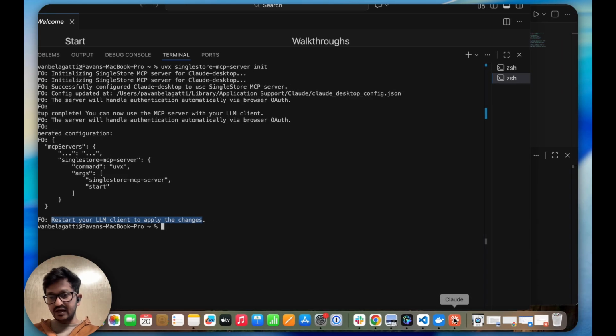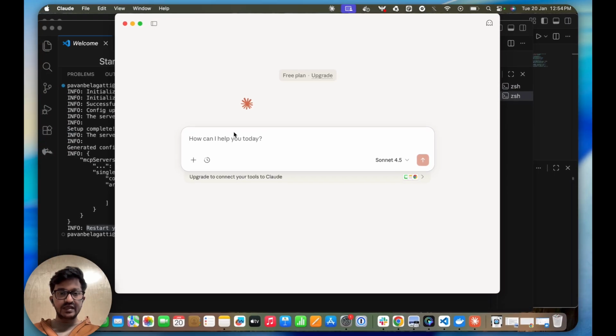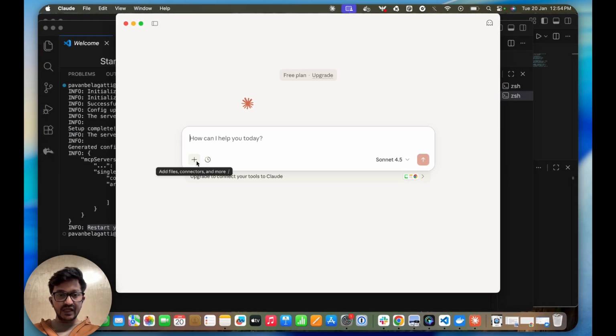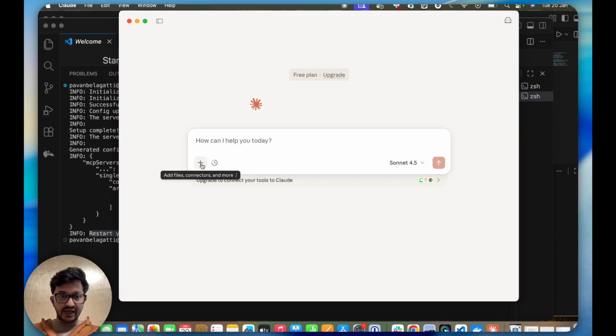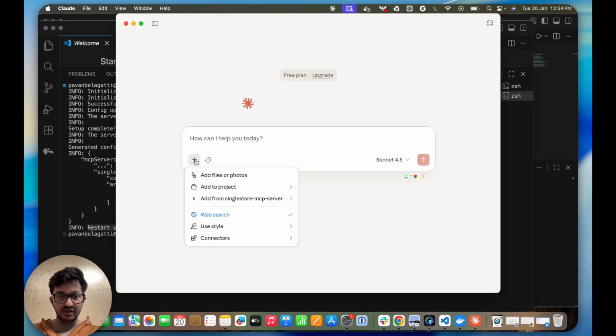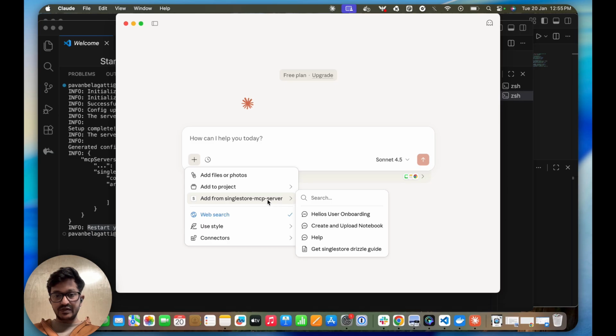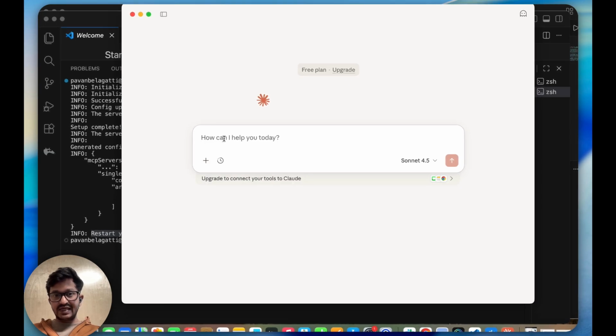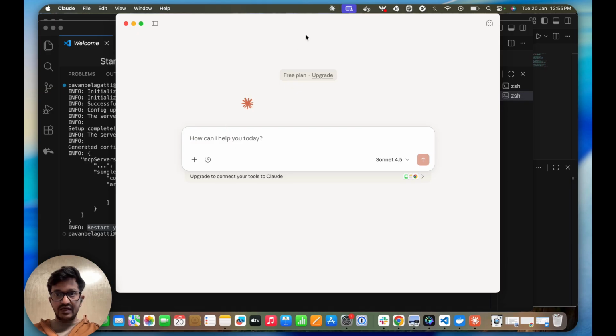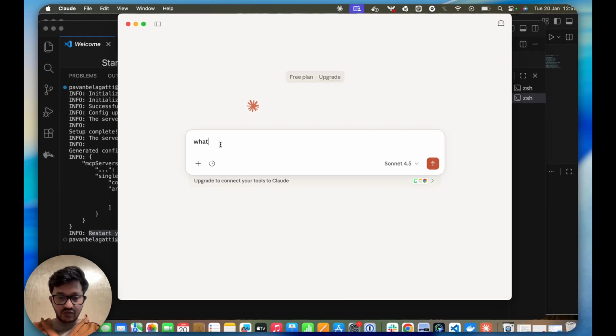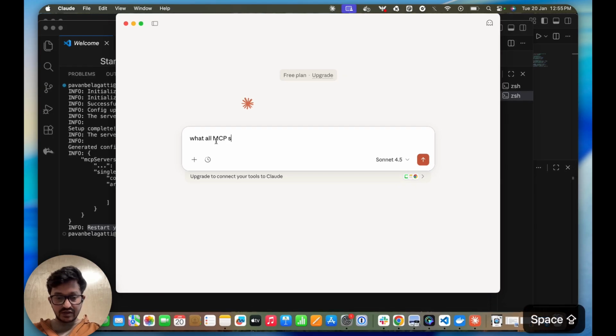I just restarted, so let's go to the Claude Desktop application and see the MCP servers connected. If you click the plus button, you can see the MCP server connected. There's a web search tool from the SingleStore MCP server. So the SingleStore MCP server is enabled, but let's ask